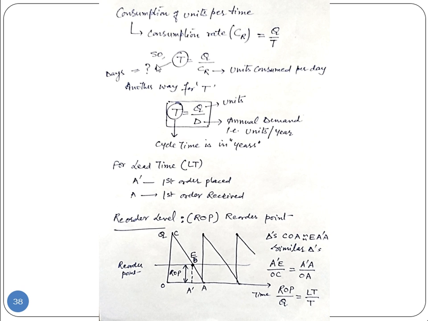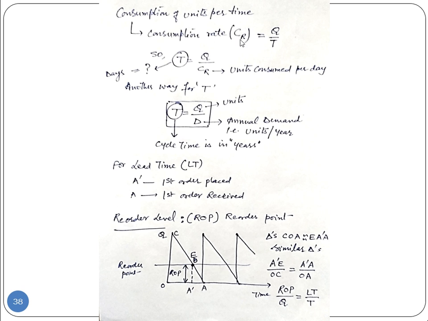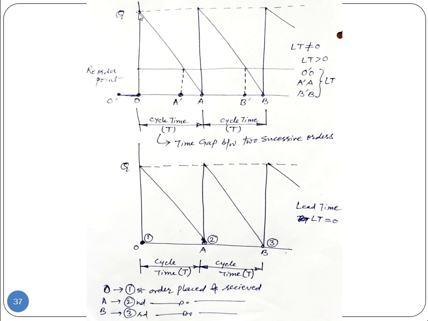now we say that consumption is uniform, okay। अब consumption of units per time, ये हमें पता है कि मेरे जो साइकिल है यहाँ पे, if I have a cycle shop, तो per day sale I know and per month sale I know and yearly basis sale I know। that means consumption rate if I write with the CR, that is the consumption rate। Q is the total quantity जो मैंने ऑर्डर की है, okay, and there is a T cycle time, okay। this is my consumption rate, or we can say from here this is Q, perpendicular line is Q, full quantity over there, and this baseline is my T।